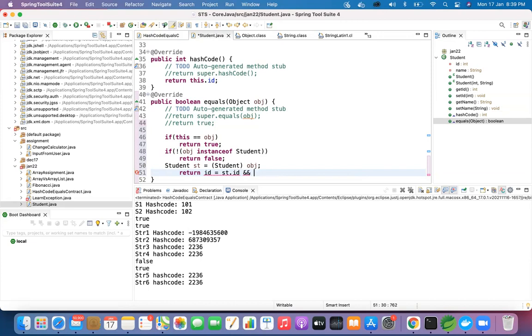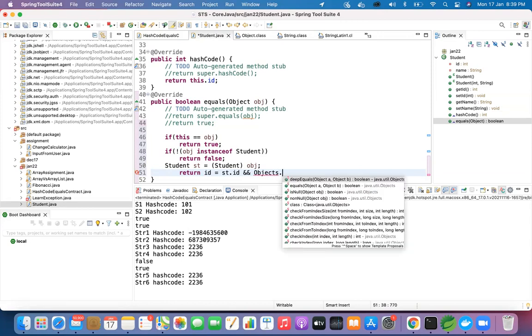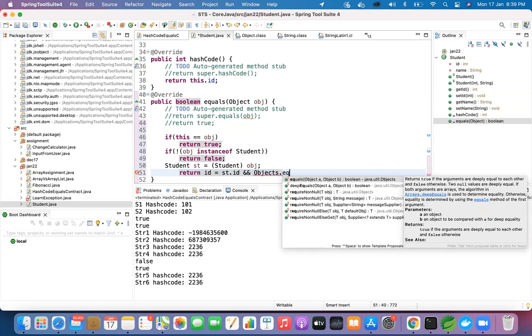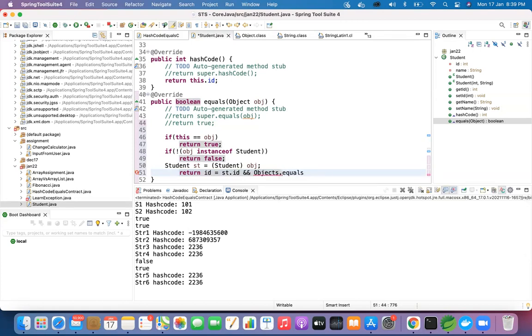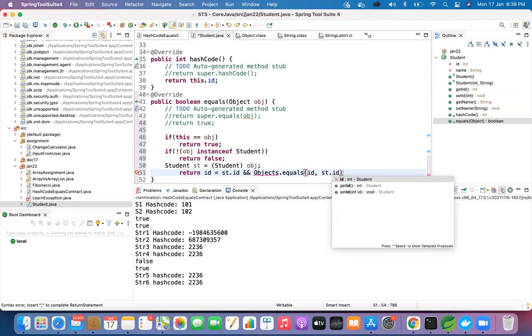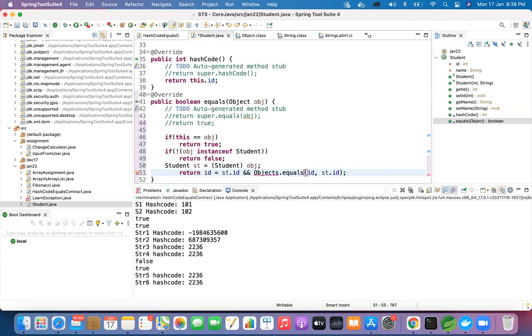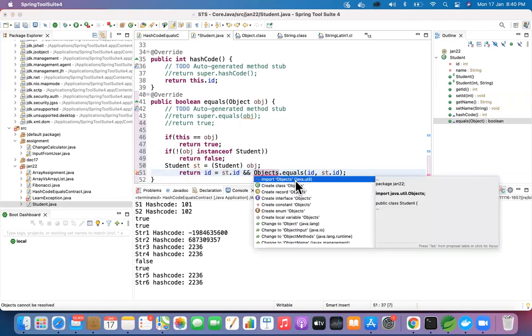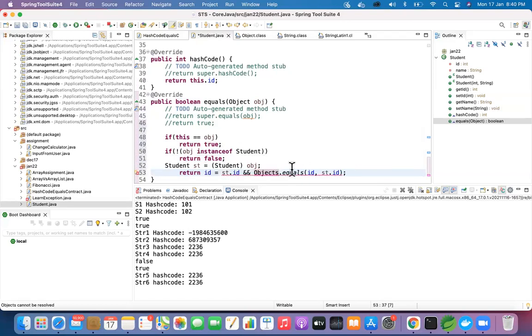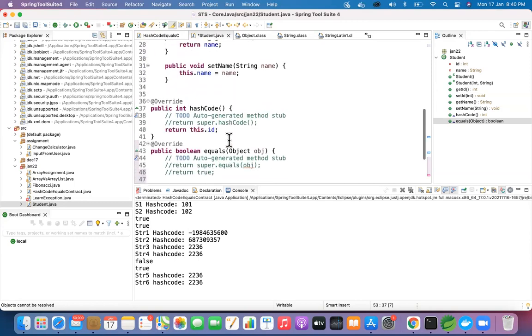Just give Objects with caps, dot equals, and within that you can give your two values, id comma st.id, and a semicolon. You have to import the Objects class like this. So, what happened?